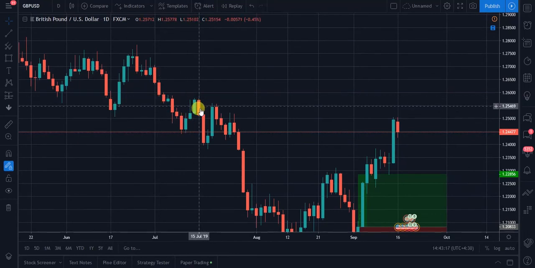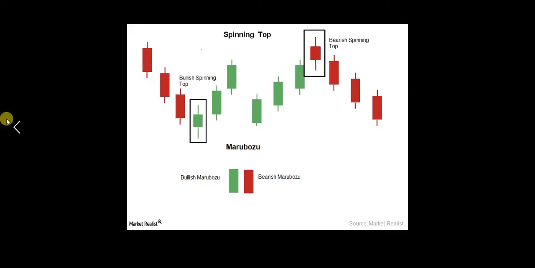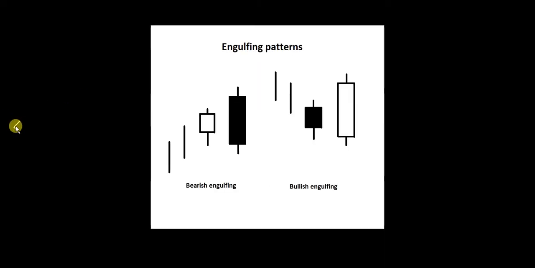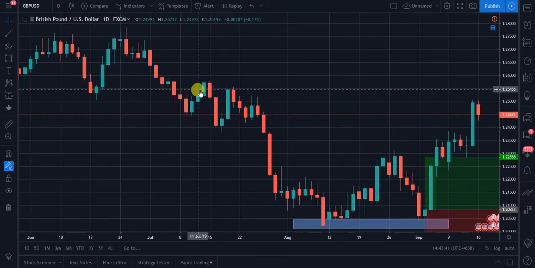Yeah, here we can see bearish engulfing. As I said, it's bearish engulfing like this. It can have some shadows but not too big, like this. Bearish engulfing, and same with this. But before that, two